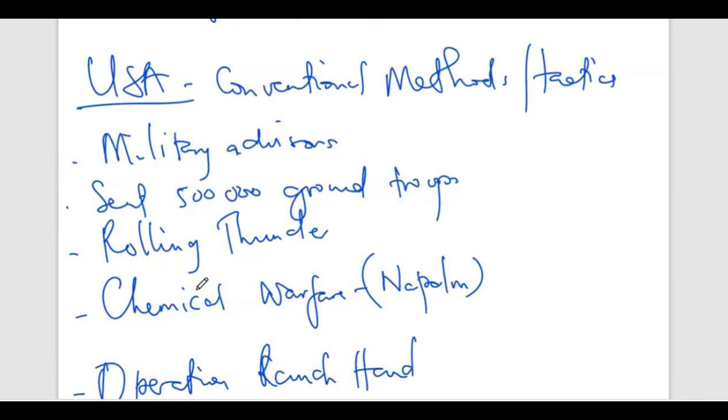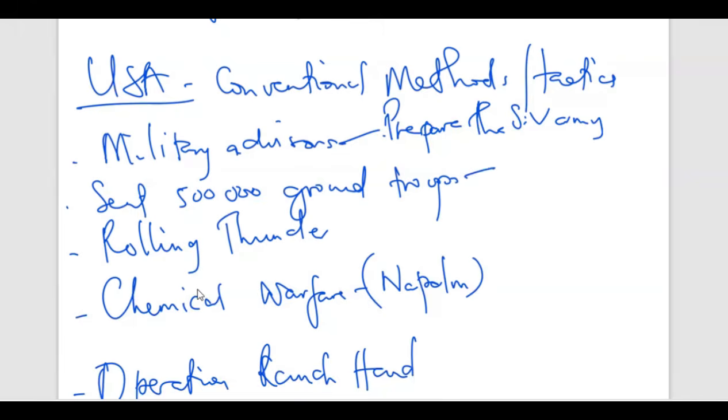Military advisors: we can talk of Americans sending military advisors to the Vietnamese to prepare them for the war and to get them ready for fighting. They wanted to prepare the South Vietnam Army for the war through sending advisors who were going to give the military advice on how to sail through the war. Then also sending ground troops.